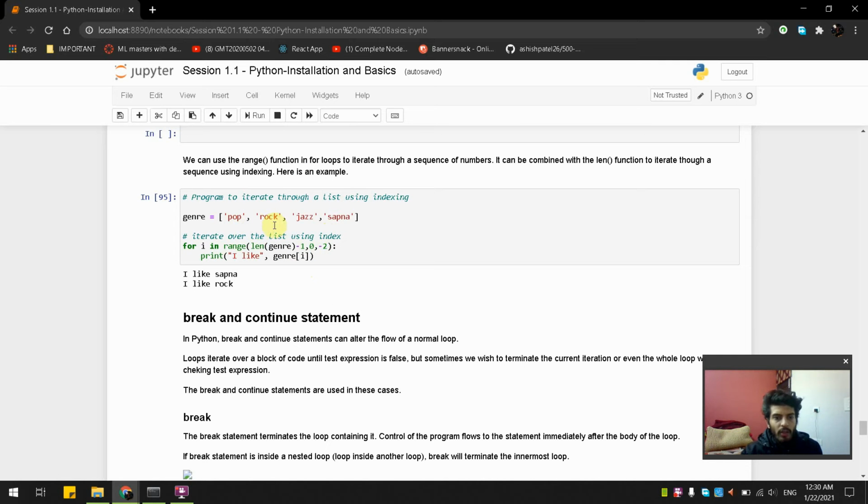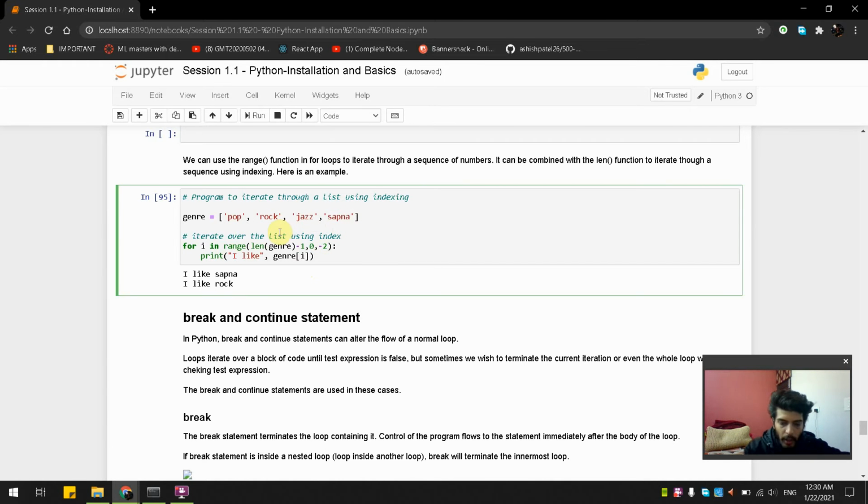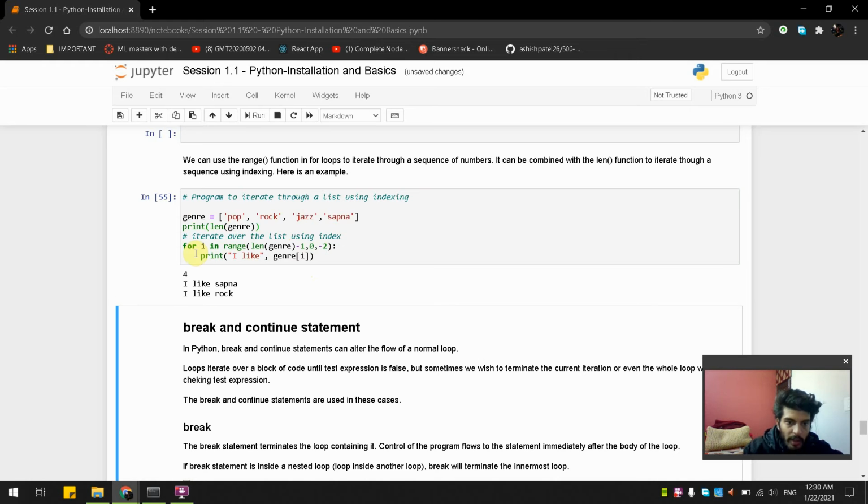As we have the list, let me print the length of genre. Now it is going to print, as we have 4 values, the length of genre.